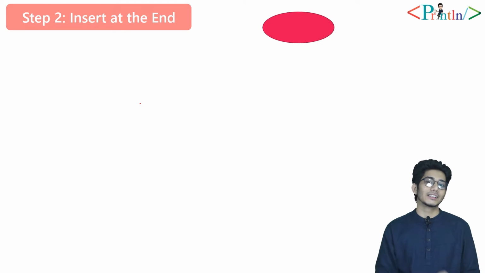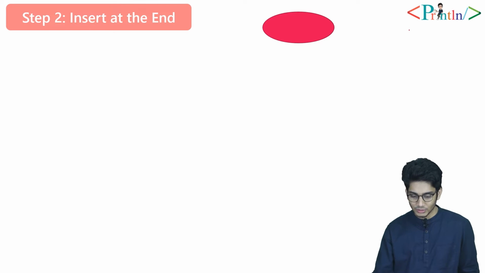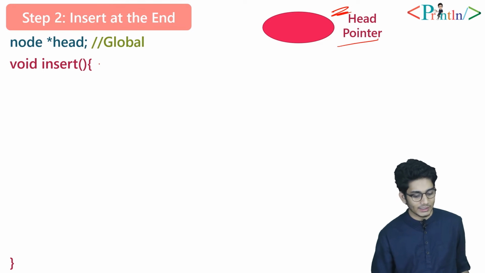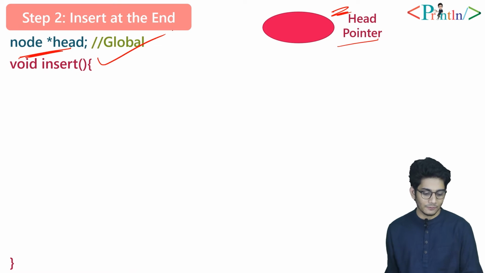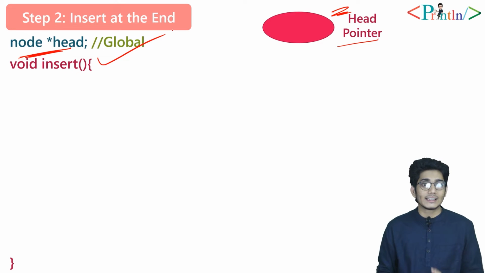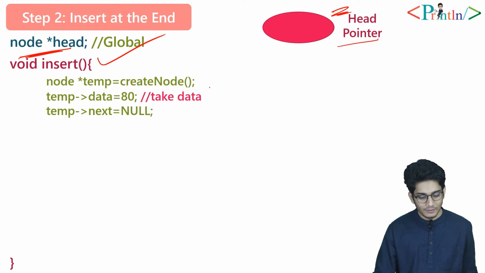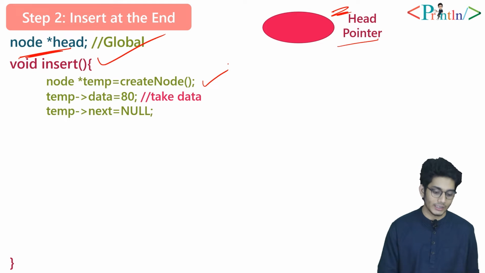At first what we need, for every linked list you need a head pointer. So this is the head pointer. So we have declared a head pointer, then we have a node that is head. So this is the global pointer. Then we have declared a function that is insert. I have discussed earlier that in the entire series we will also follow a standard coding pattern. So we have declared a function, then we have called this create node function. What it will do, it will return you the allocated node.